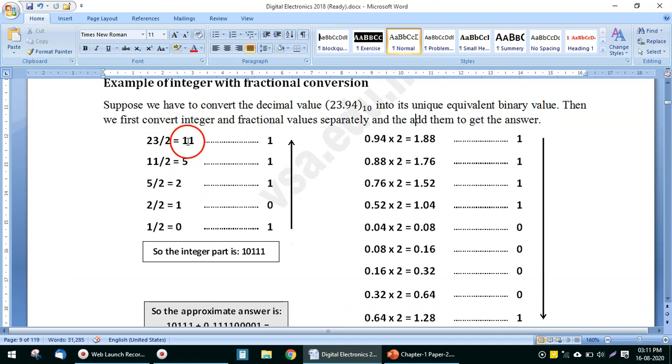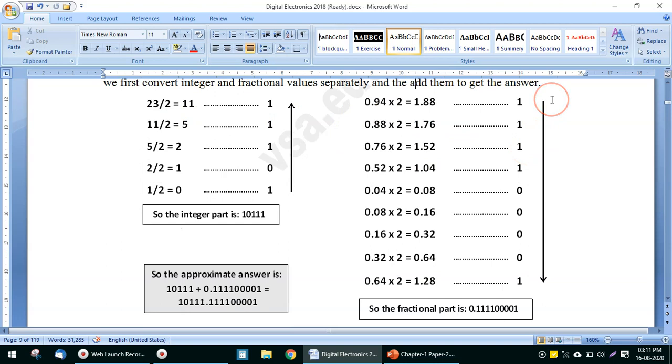Divide 23 by 2, you get 11. Write the remainder, write the remainder, write the remainder. All these remainders are written over here. We have to read these remainders in the sequence from bottom to top. For integer, we use the direction bottom to top, and for fractional, we use the direction from top to bottom. So here, this is the integer part, that is 10111, and here the fractional part